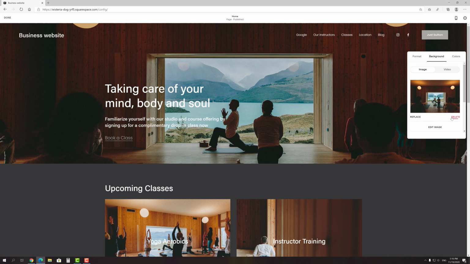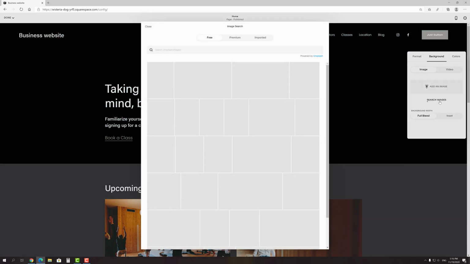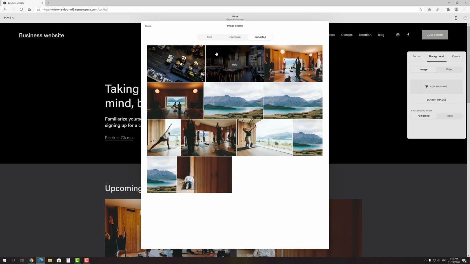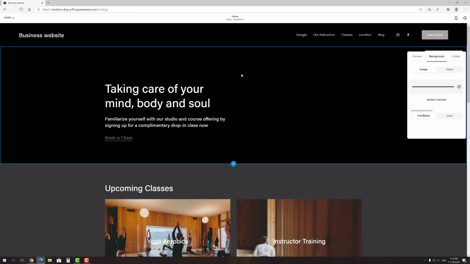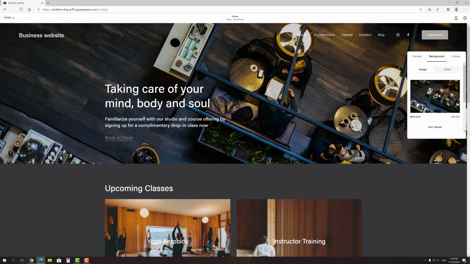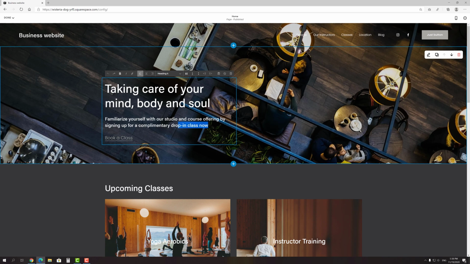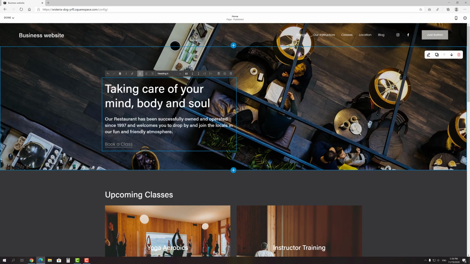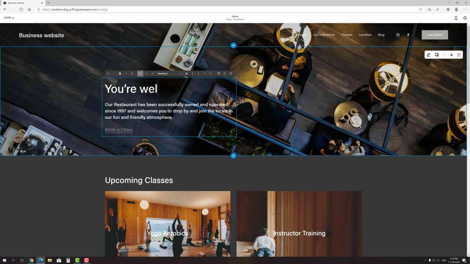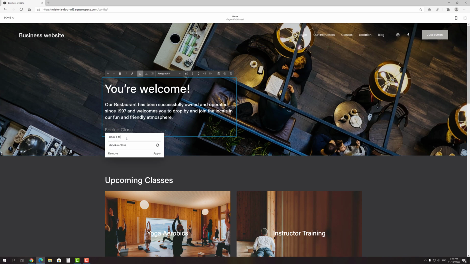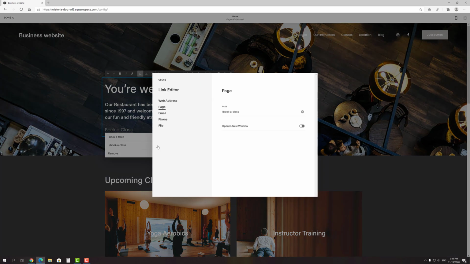Squarespace has an integration with free photo stock Unsplash, so if you don't have an image, you can find and add one from it. Also, each section contains some elements, such as text, images, buttons and so on. You can easily edit the text in an intuitive editor. As for the link, you can delete it or change its address and title.